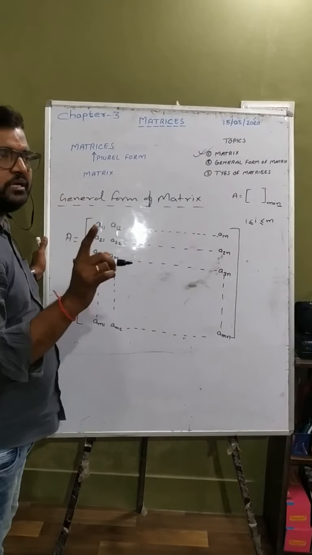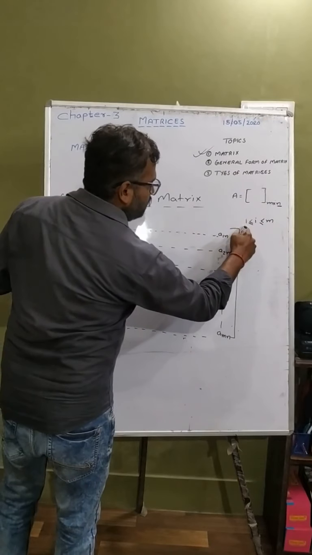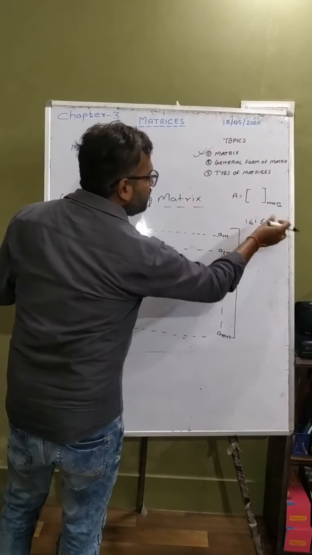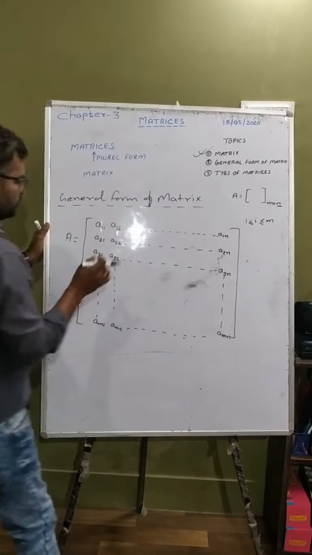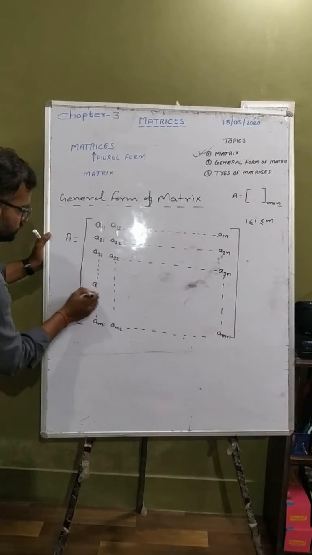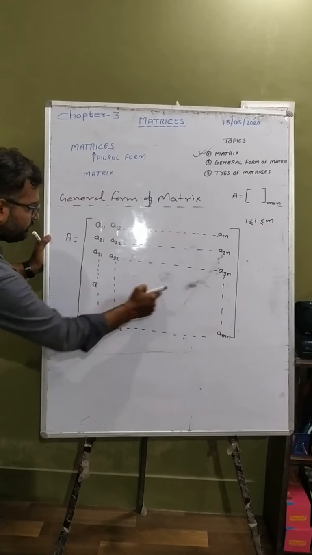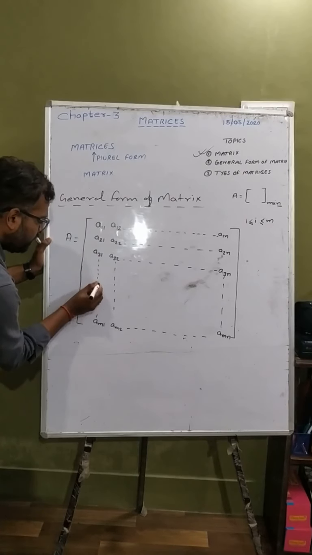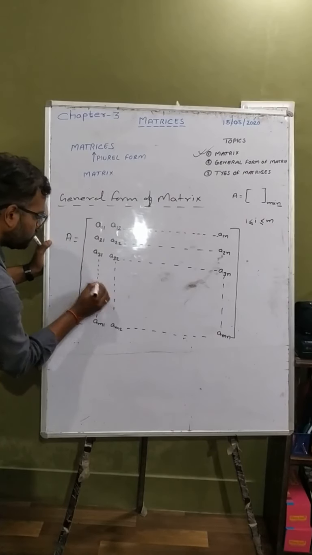We have taken an ith row. Let us consider, and I told you what the value of i can be. i can be either 1 or m, or between 1 and m. So let us consider we have taken an ith row. Which row am I taking? The ith row. Then ith row, and which column is this one? First column.